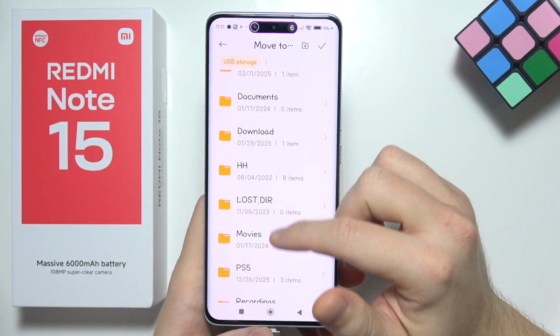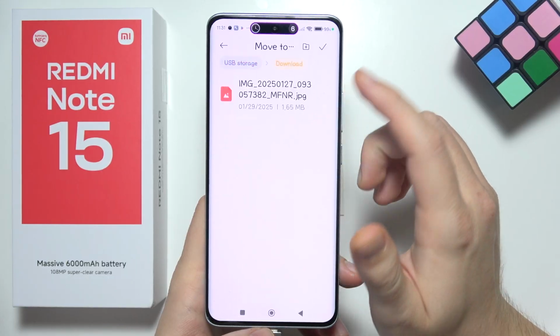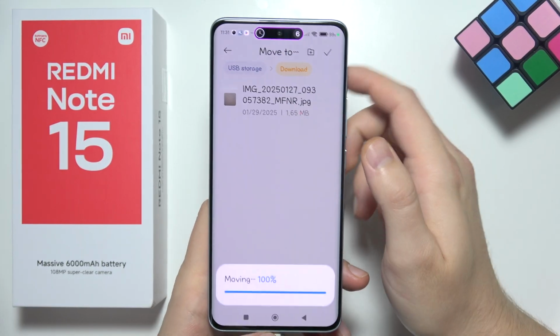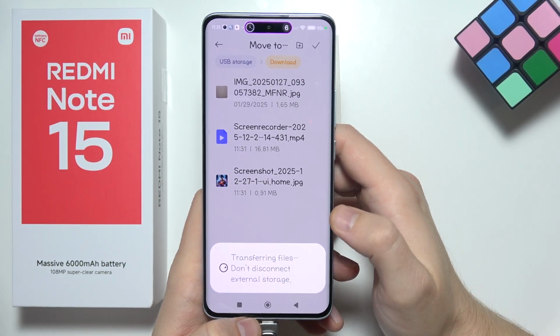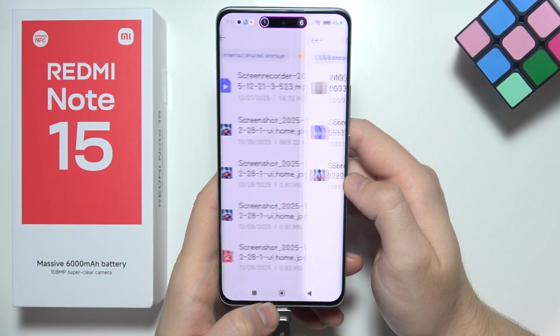Now we select the folder. I'm gonna put this into the downloads. Click here on this switcher, and now as you can see, we just successfully moved those files from our phone